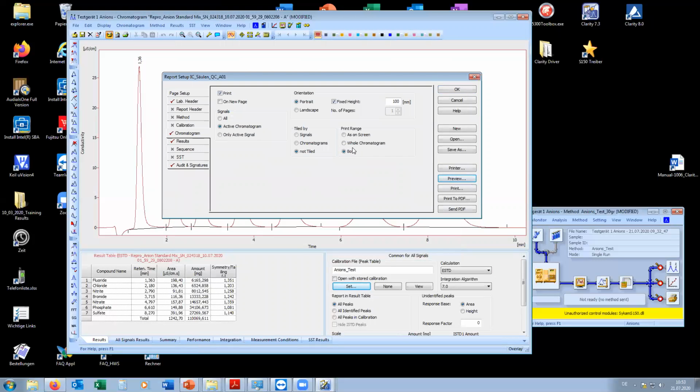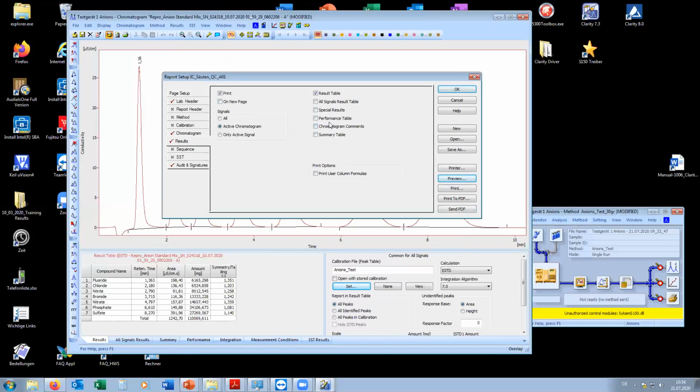So you can enhance the target of interest. I like to use it as on screen, because then you see on the screen exactly how the hard copy version will be. Then results, this function prints the result table, but of course you can add additional